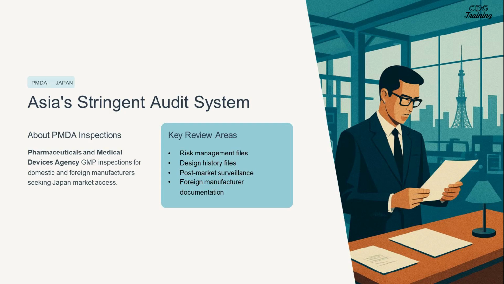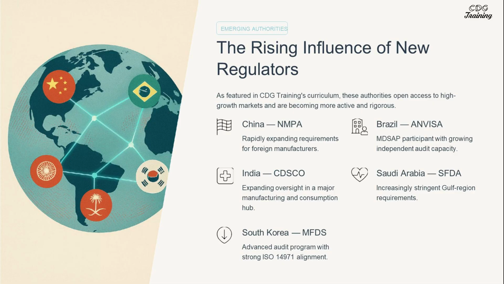Japan's PMDA conducts rigorous inspections for domestic and foreign manufacturers. Key review areas include risk management files, design history, and post-market surveillance. Emerging authorities in China, Brazil, India, and Saudi Arabia are becoming more active and rigorous, expanding oversight and audit programs to ensure compliance. While ISO